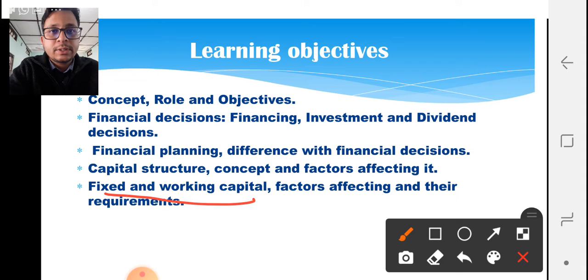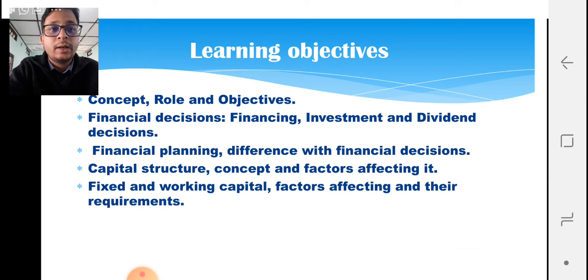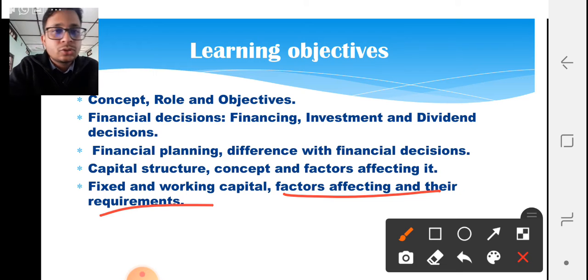And the working capital requirements of a firm basically are required to maintain their fixed assets, like maintenance of your machineries, paying of electricity bills, or those types of areas of expenditure where even though the firm does not work, it is required to be incurred. So in order to maintain those things, from where the firm is going to acquire the funds, we'll be discussing that, along with the various factors that are also affecting it.